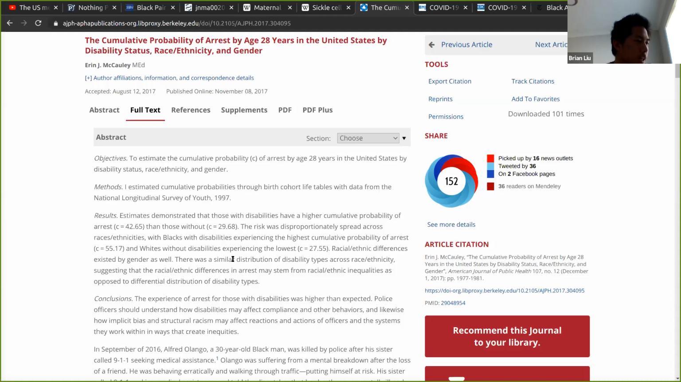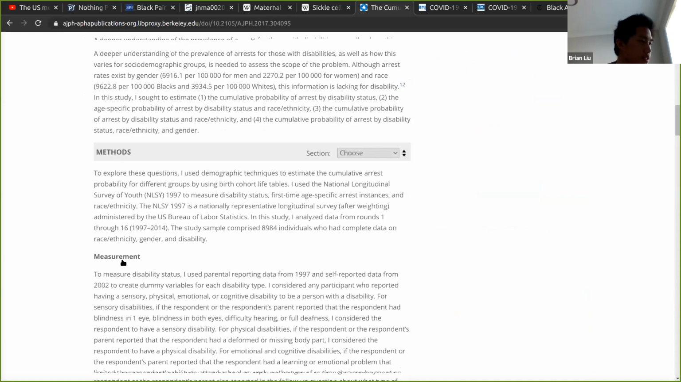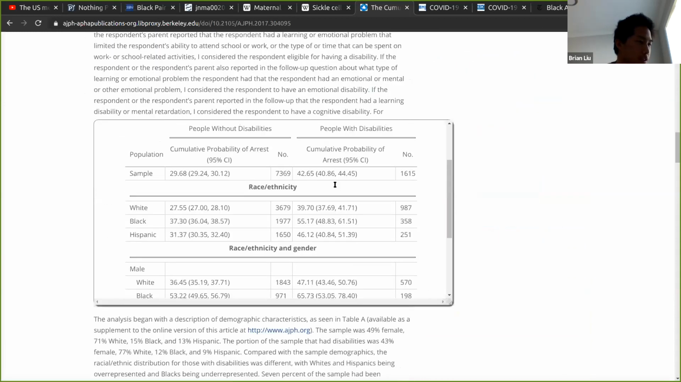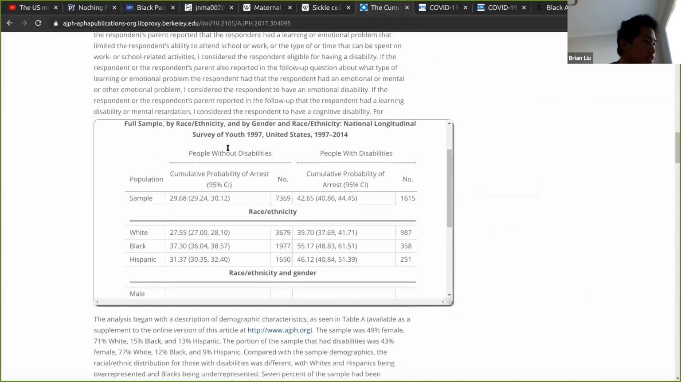And if we look at how this conflates with race, that's even more stark. This column is for people without disabilities, and this is for people with disabilities. White people without disabilities are arrested this much, Black people without this much, Hispanic this much. People with disabilities, for white people, it's way more than without. For Black people, over half of Black people with disabilities have been arrested by age 28, and Hispanic people this much, which is very, very